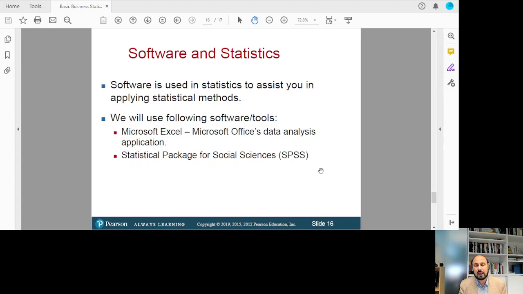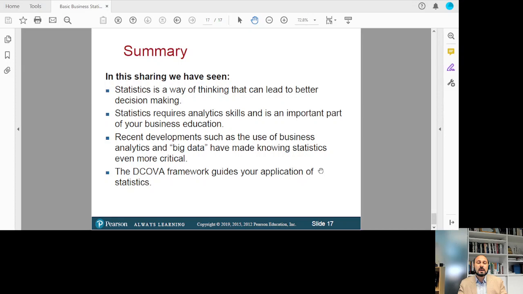In conclusion, what we learn is: statistics is a way of thinking that can lead to better decision making. Number two, statistics requires analytical skills and is an important part of your business education. And number three, recent developments such as the use of business analytics and big data have made knowing statistics even more critical. And finally, we learn about the DCOVA framework that